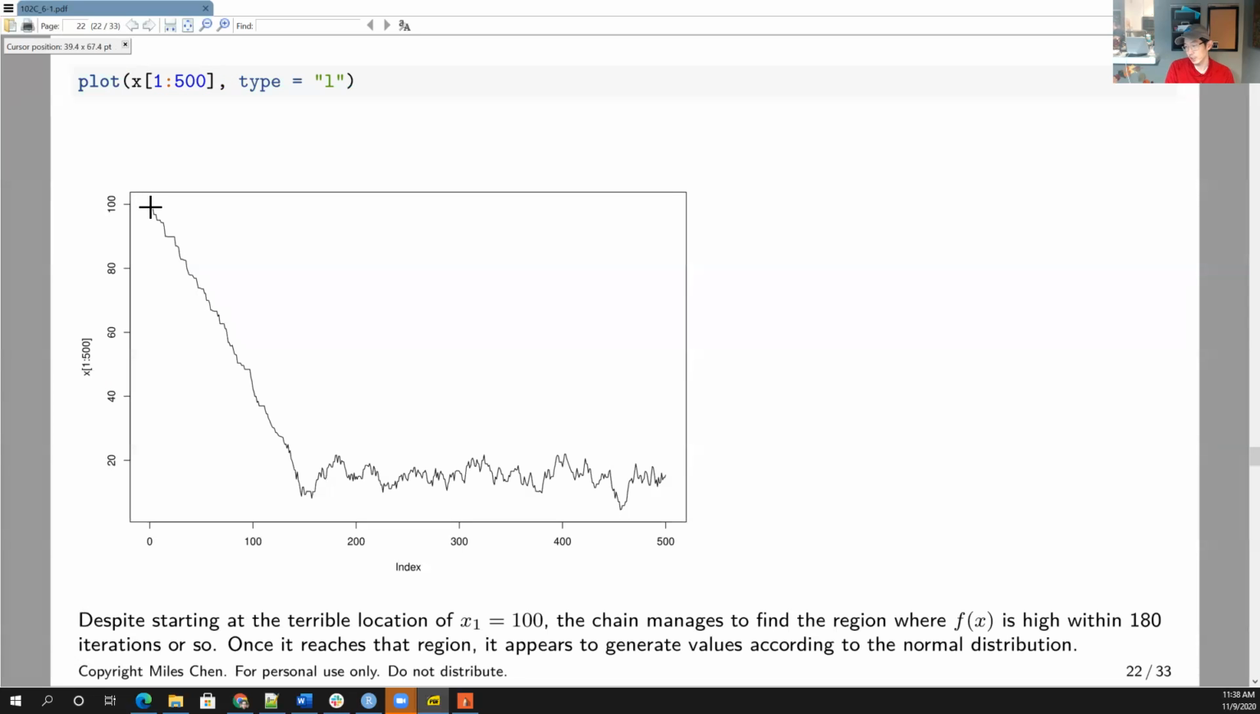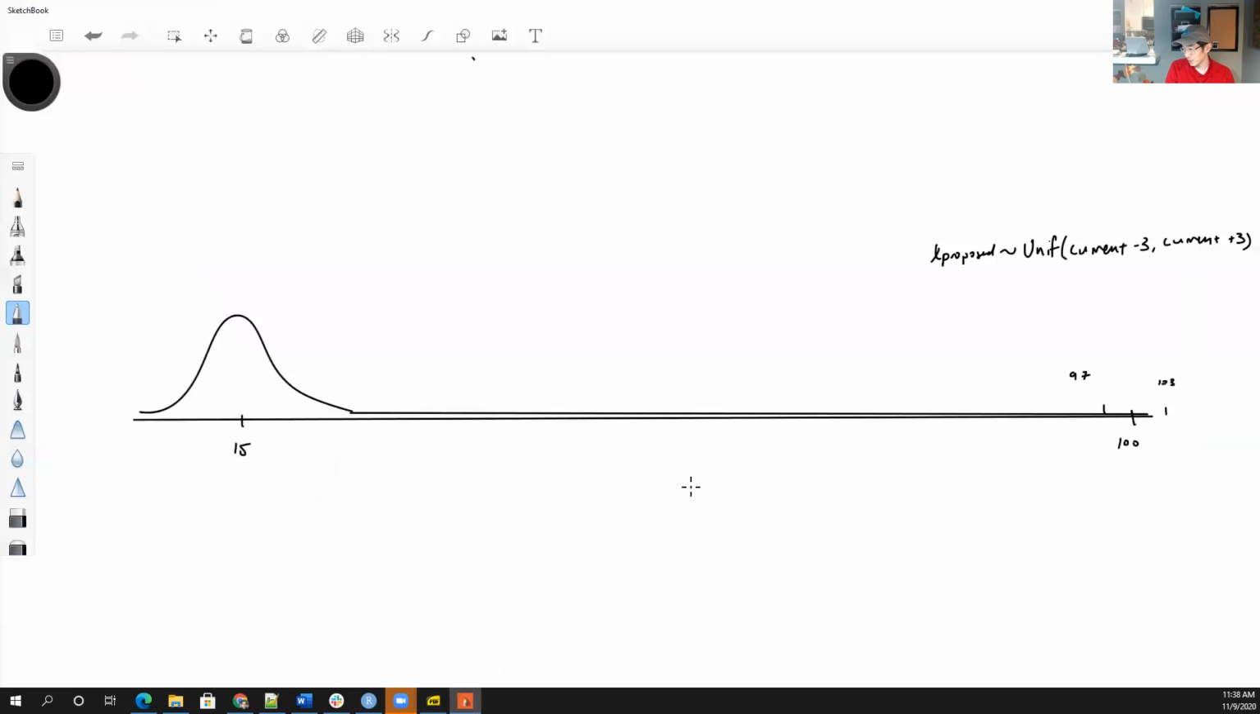Okay, so we start off at 100, and it proposes a whole bunch of values, and it keeps moving down. So I drew this. This is our target area, right? It's a normal distribution centered at 15, and I intentionally started off at this terrible location, 100, okay? And so in the beginning, if it proposes anything closer to the mean, like say 97, 98, whatever, it's going to definitely move there, because the probability, if you look at the function,